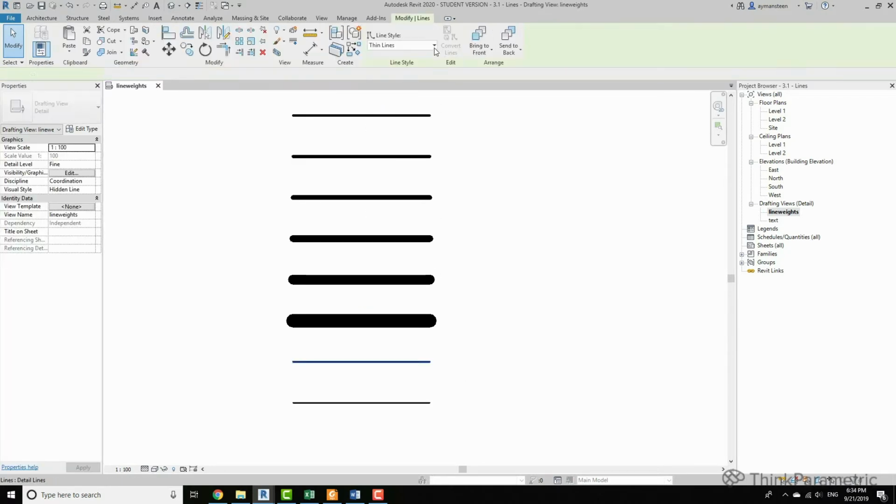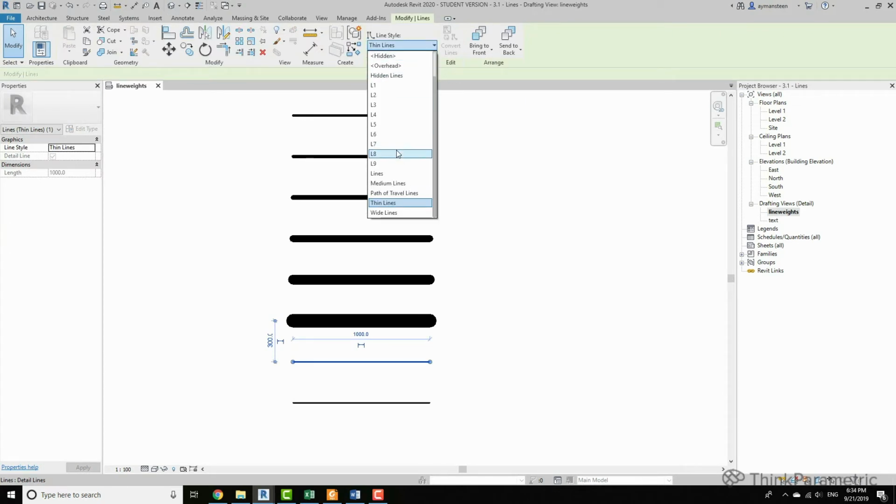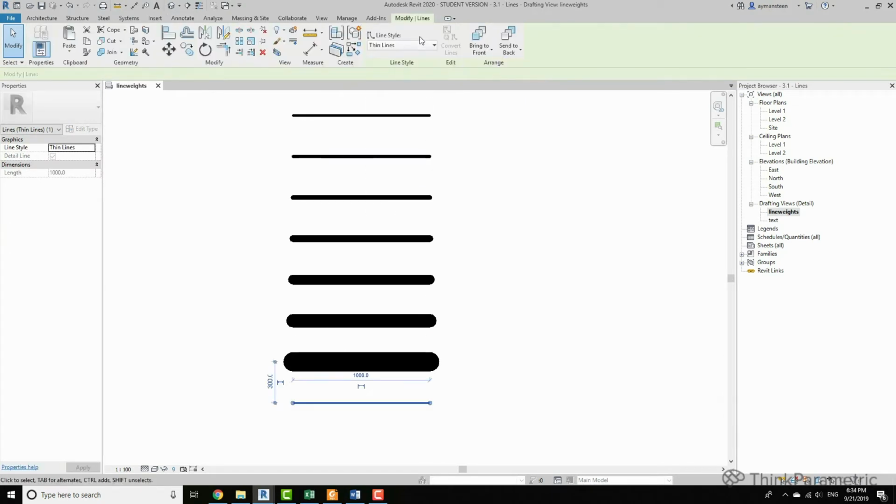Here you can see the line weights are getting very thick, so it's better to reduce them.